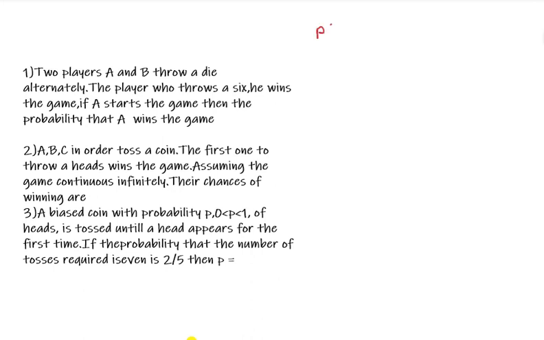Suppose the same question if you want to do for an objective exam, we can do it like this. P of A is equal to, directly we can write, 1 by 1 plus F. But what is F? F is the failure probability in this particular case. Getting a 6 is a success, right? But the failure probability is 5 by 6. That's why you will get 1 by 1 plus 5 by 6 as the answer. So you will get 6 by 11.